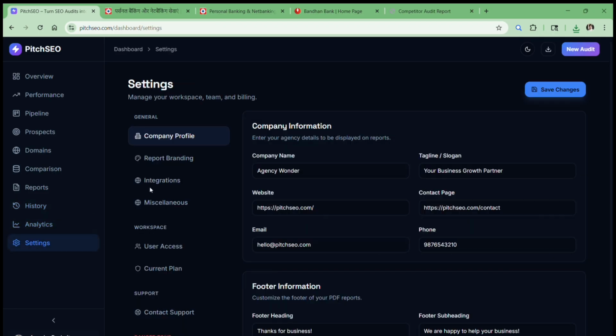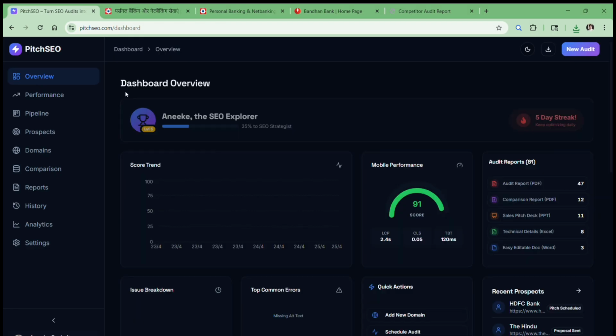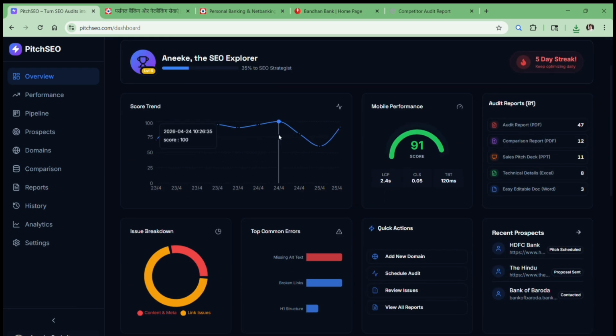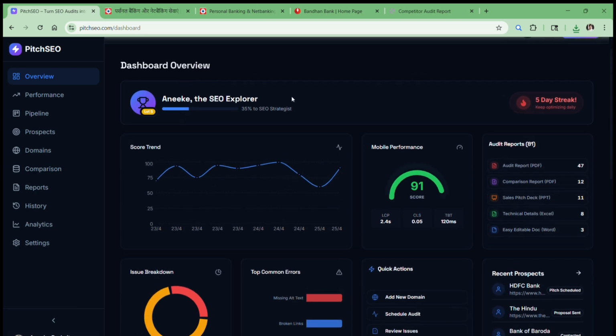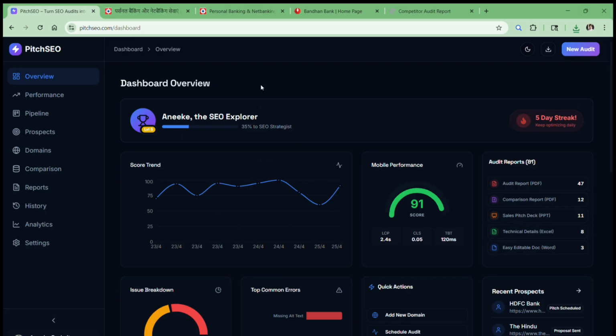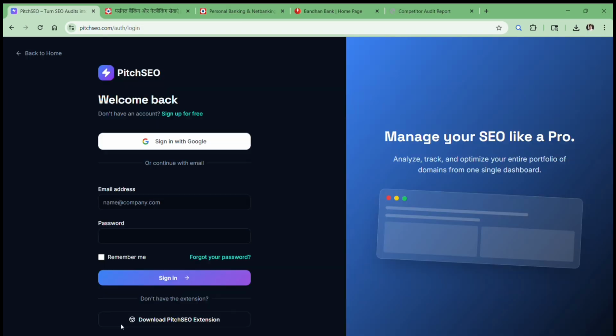Then you have the settings page here. So this is how the entire tool is going to look. In future, if you need any more details, or if you want something explained or elaborated more deeply, you can definitely drop your comment below, and I will come back with a new video that covers the entire thing. But the one thing I wanted to highlight here: first you come to the website,